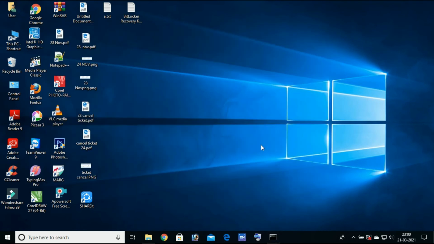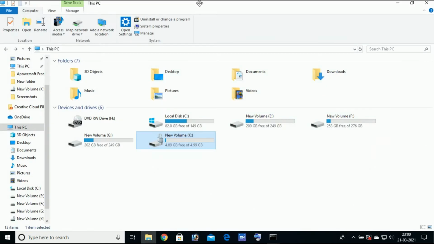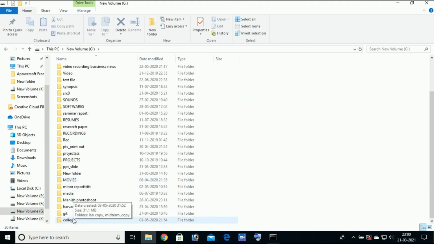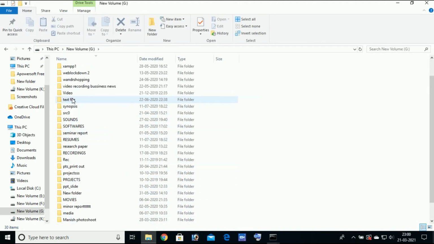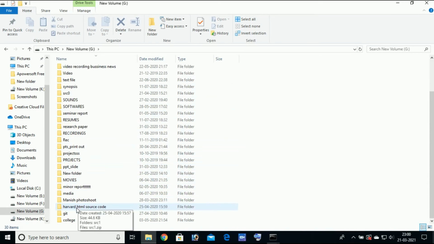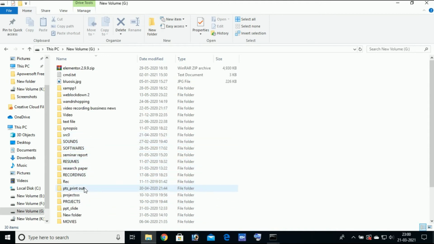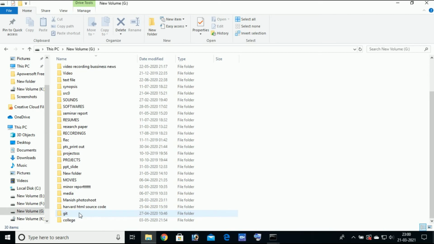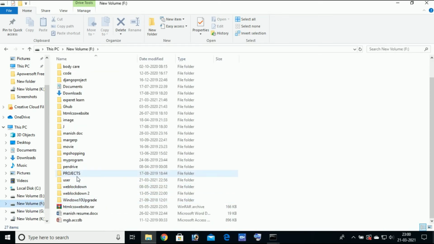And another method is, suppose you forgot your password, right? How can we access the data of K drive using the recovery file? So I saved my recovery file in F drive, in user.